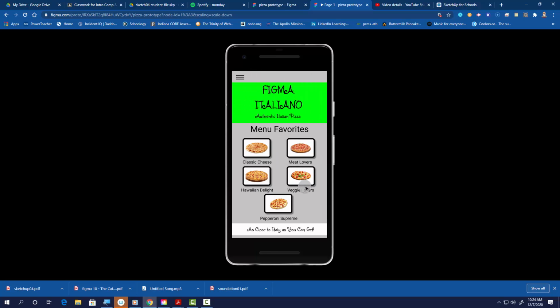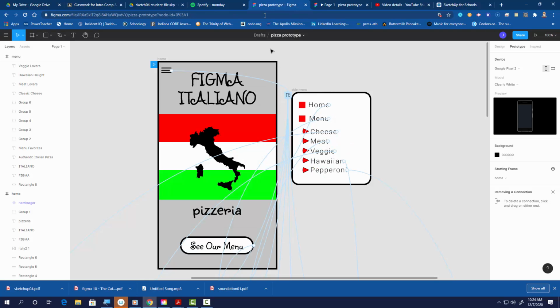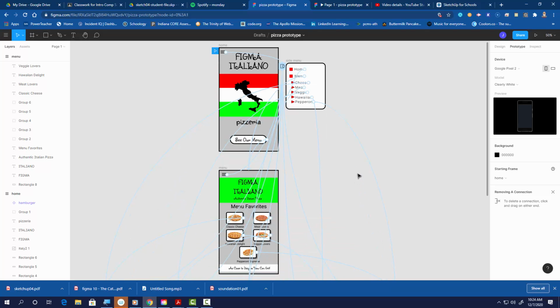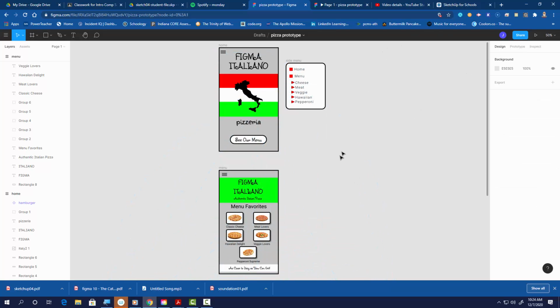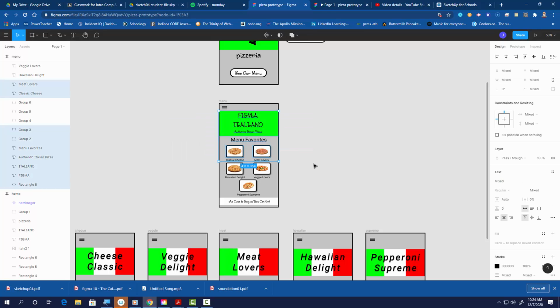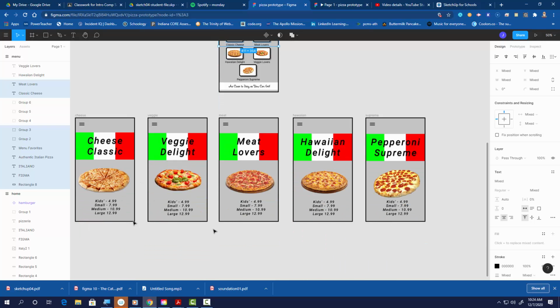And now it's going to be your turn. You're going to put one together. And I'll go back over here for a second and zoom out some. Again, I want you to get a peek at what you're going to have to do. I'll get back over to the design side so you don't see all those lines. Main screen, right? Menu. It has small versions of your 5 products. And then 5 product pages,